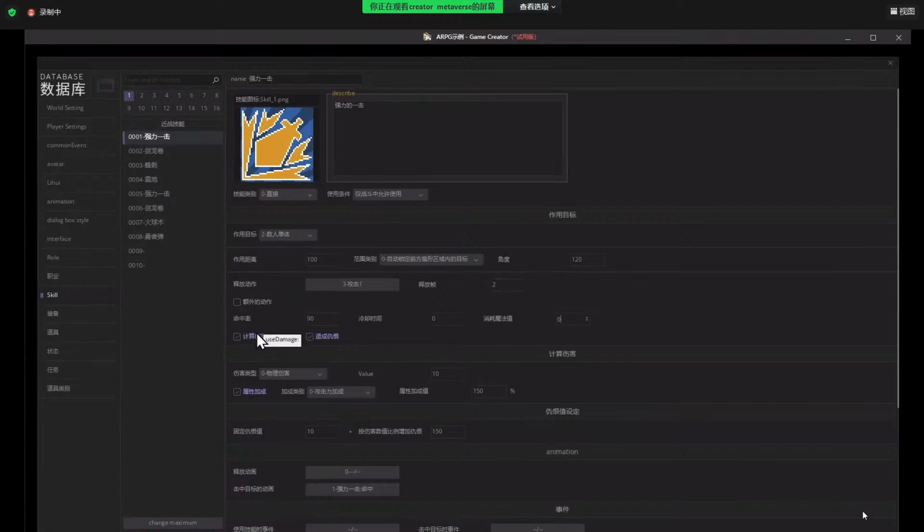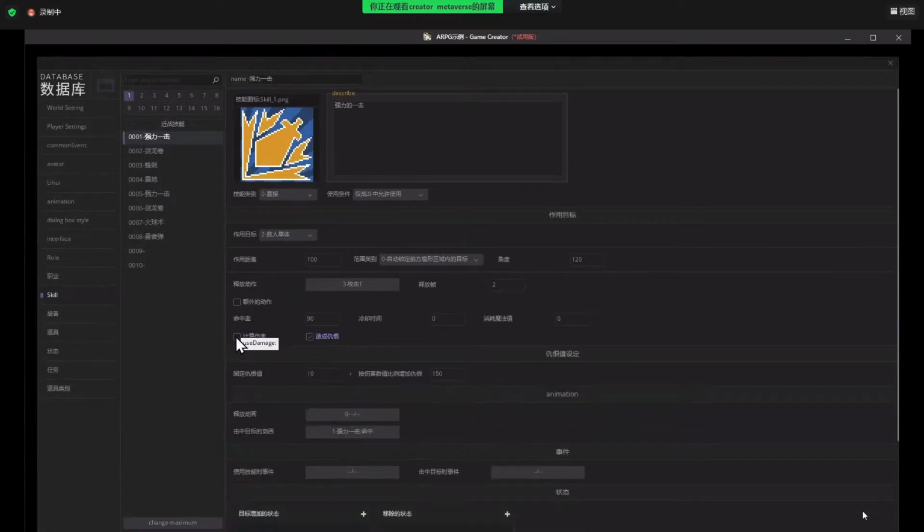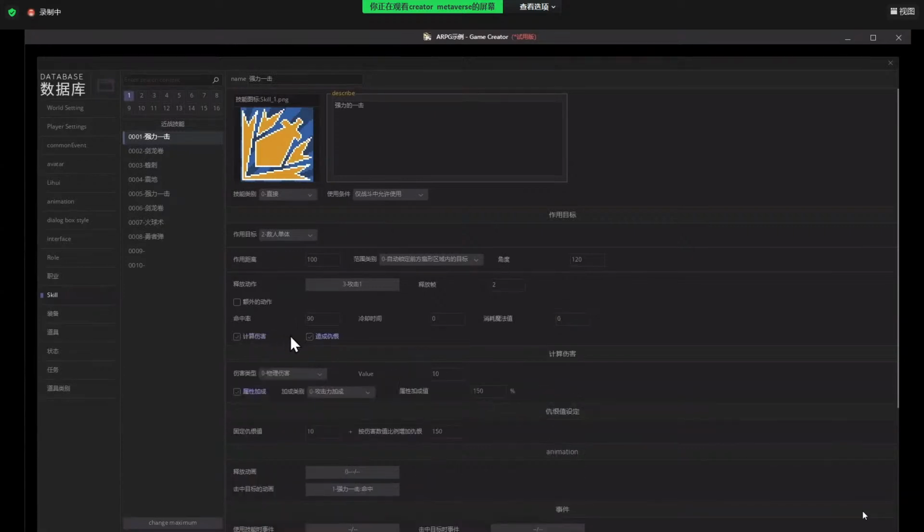Here we can change if this skill will take damage and what type of damage it takes. First is the physical damage, and magic damage, and actual damage, or healing, or the MP healing. And we can also choose if these skills will cause hate.